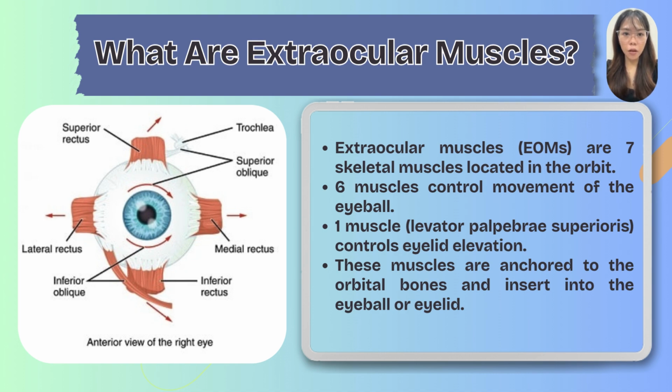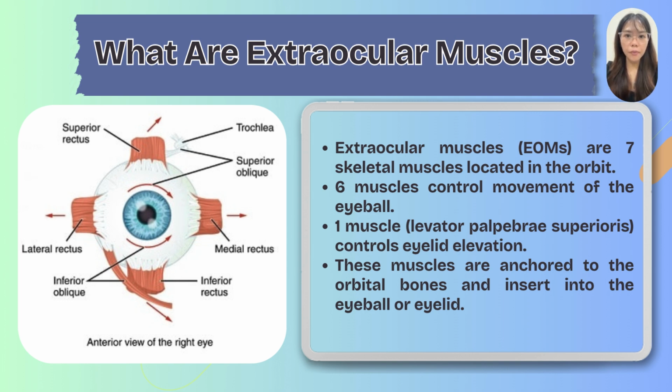The 6 muscles that control eye movement are 4 rectus and 2 oblique muscles. They are the medial rectus, lateral rectus, superior rectus, inferior rectus, superior oblique, and inferior oblique. These muscles work in a highly coordinated manner to allow the eye to move up, down, inward, outward, and rotate. This precise control is essential for maintaining binocular vision and for activities like reading, tracking moving objects, or scanning the